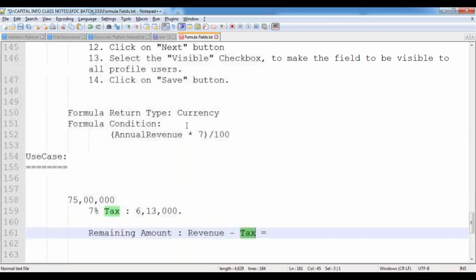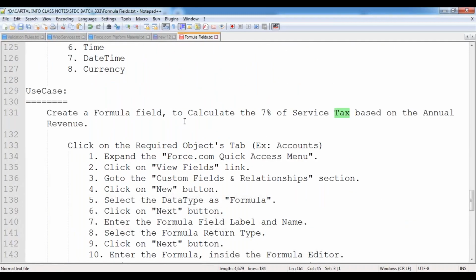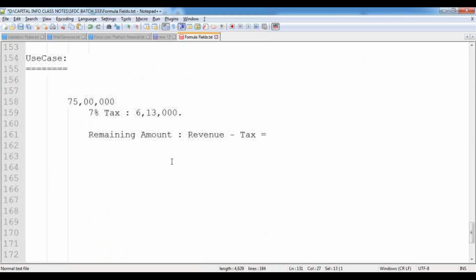The tax value is nothing but service tax, calculated using a formula field. So we need to do annual revenue minus the service tax field. But service tax is a formula field. So I am creating one more formula field right now named remaining amount. Can I use a formula field in another formula field? Yes, we can use one formula field in another formula field also.